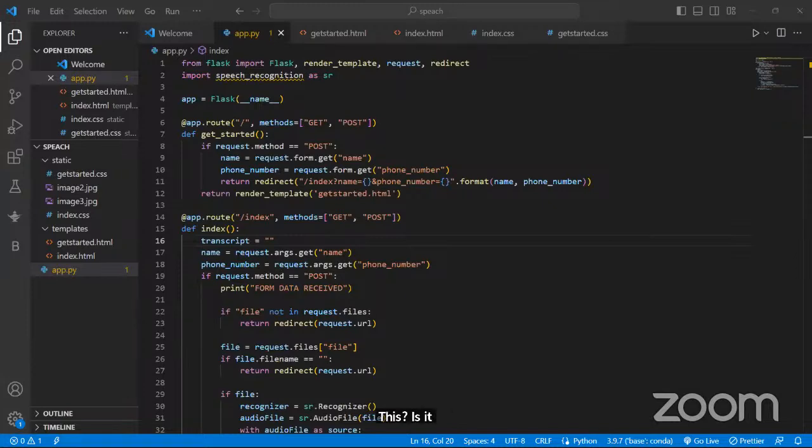Welcome to my project. This is a speech recognition project using Flask. The things to cover in this: first of all we go through the introduction, and then we'll know what is speech recognition, what are the languages and the libraries used in this, and once we will go through the